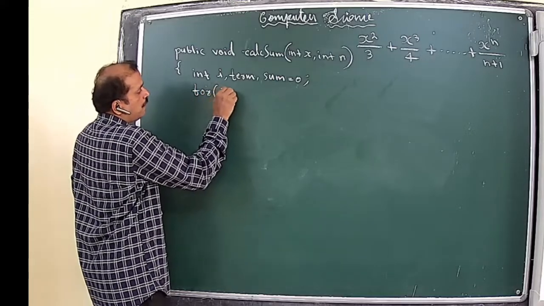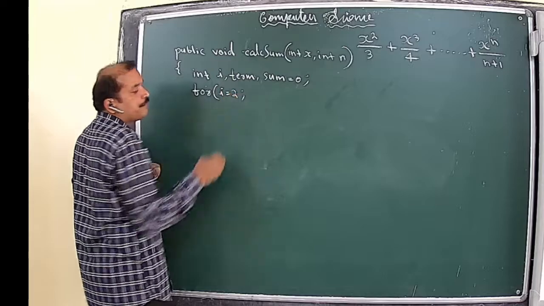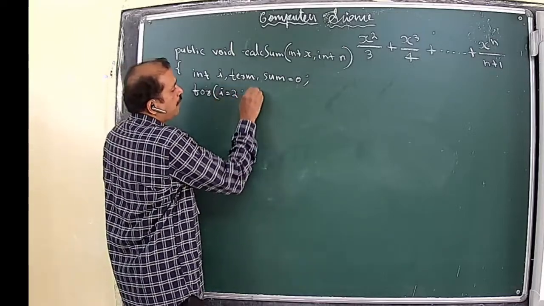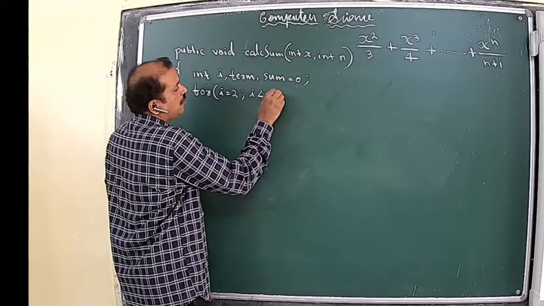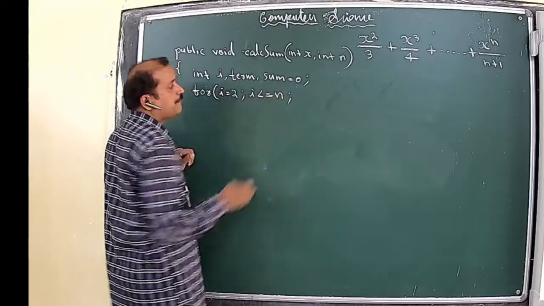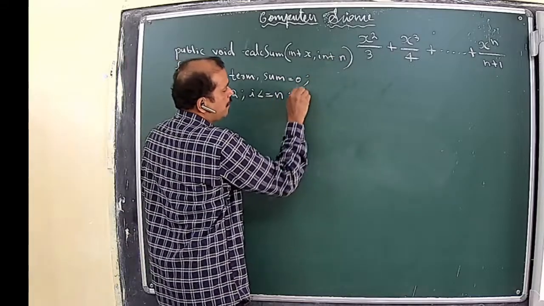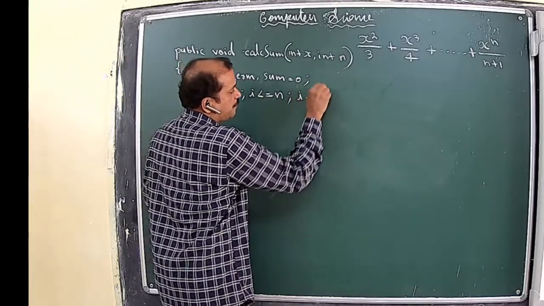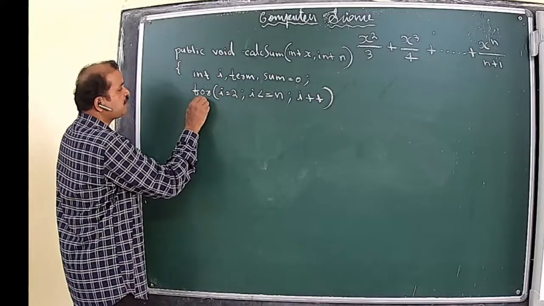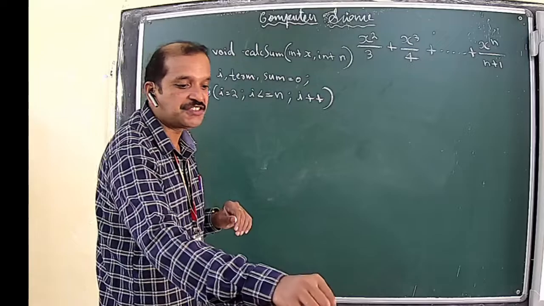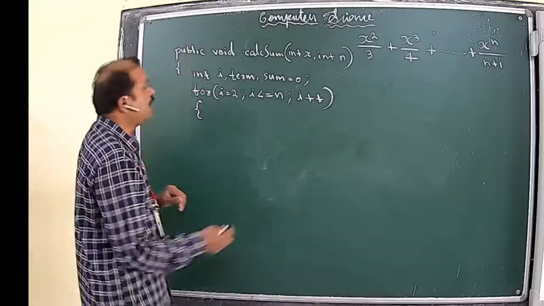For I equal to 2, we initialize with 2. I is less than or equal to n. So it will iterate up to n and I plus 1. And as part of the loop body, for finding any series, as part of the loop body, our main